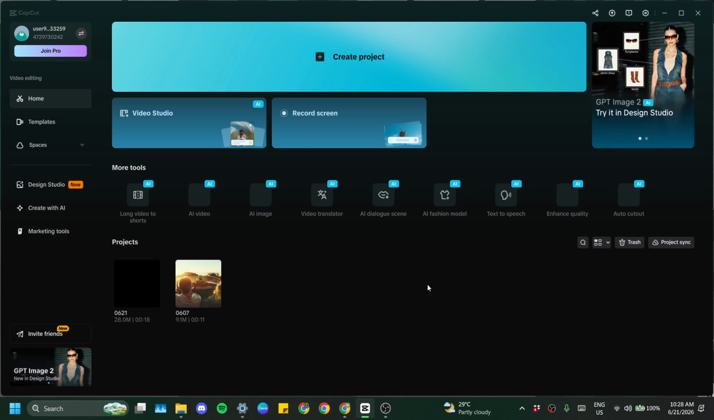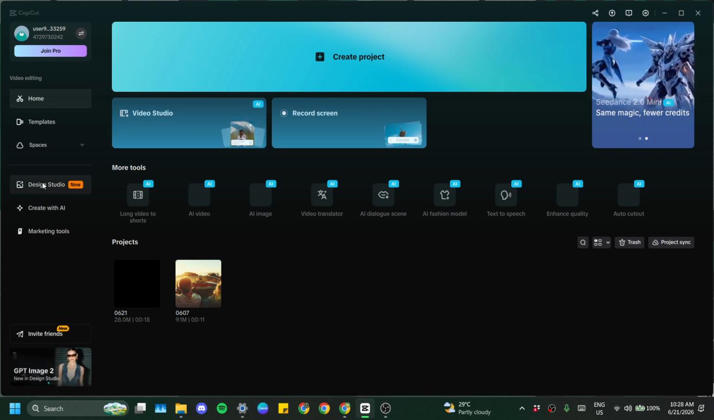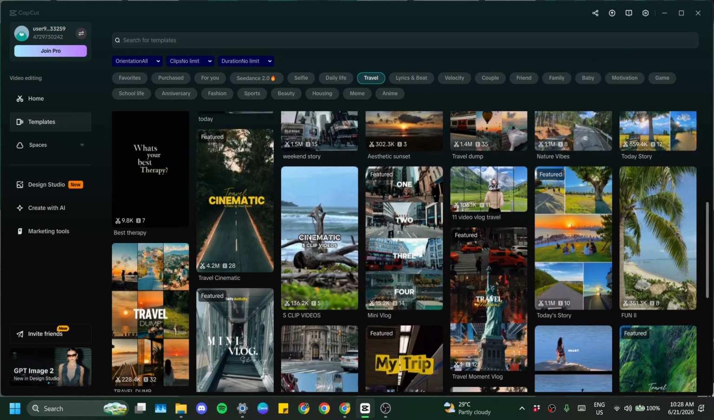CapCut has a large cloud-based library built directly into the app, and you can access it without leaving your project. To get started, move your mouse cursor to the top left area of the interface and look for the main options menu bar. From there, click once on the Templates tab. As soon as you do that, CapCut opens the main asset discovery window, which is where you can browse through